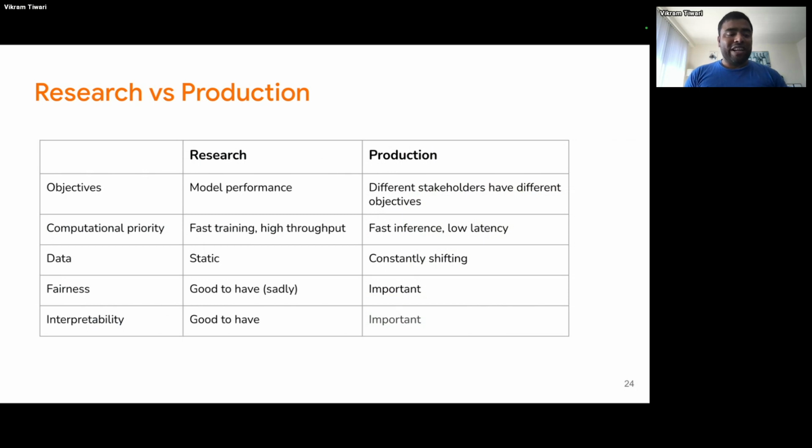Research groups were very excited because they were finally able to prove that, hey, we can learn from images, but we did not have enough compute to actually put it into production.